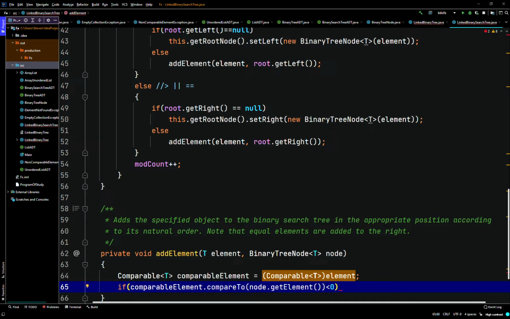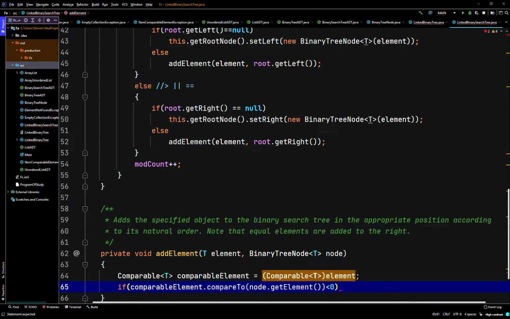So take the node and retrieve its element. If the parameter that we're trying to add dot compare to one of the subtree's roots, basically, dot get element. So if it's less than the subtree's root,